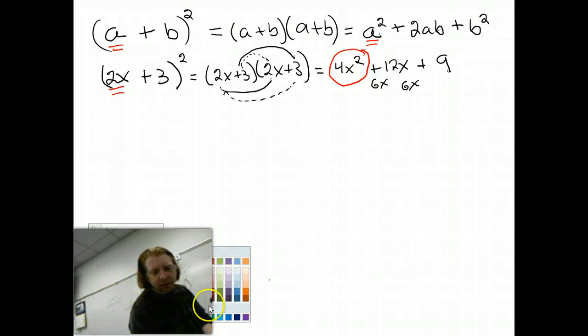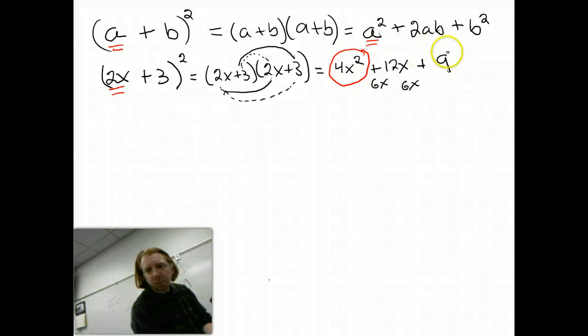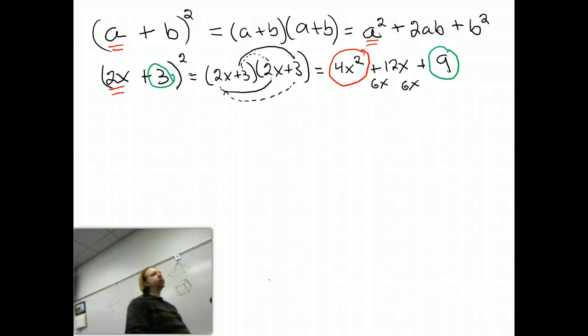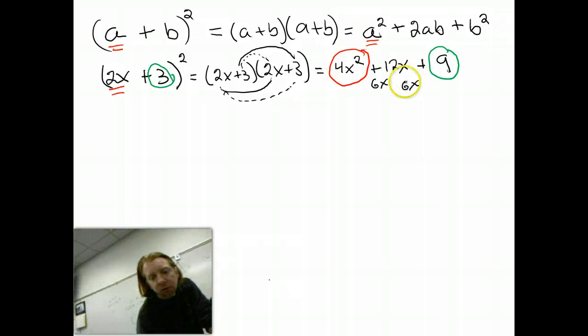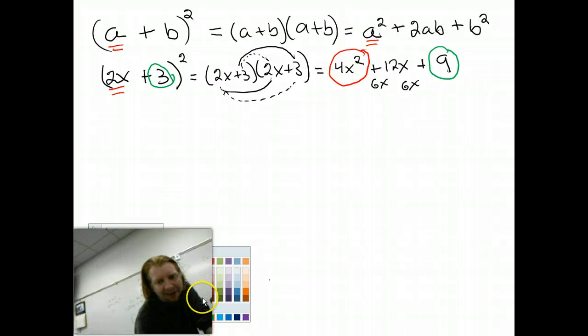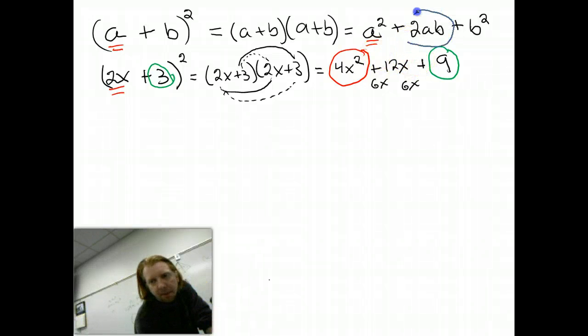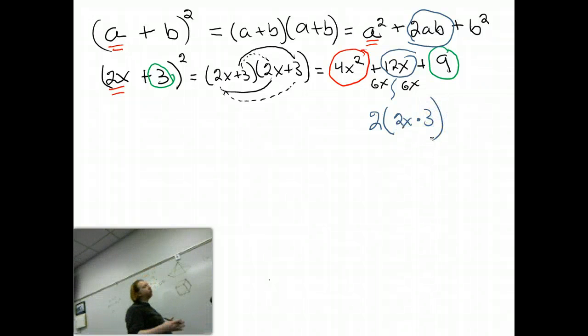When I look at 9, that's 3 squared. And that middle piece, 12x, well, that's 2x times 3, which is 6x, times 2, 2ab. One of the things that you may have noticed as we've been practicing, so 2ab, that's the 12x, which is 2 times 2x times 3, is that quite often we keep coming across